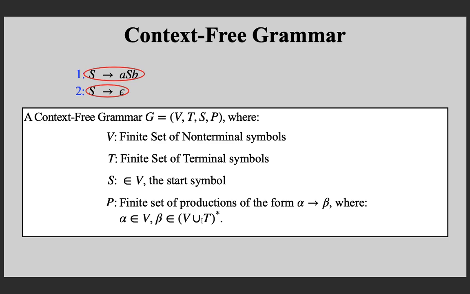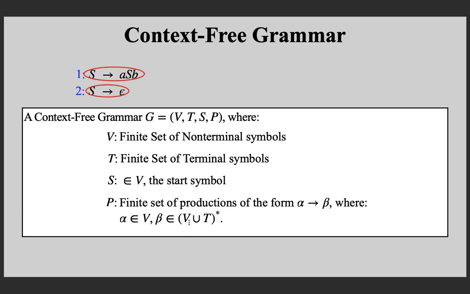But here we have flexibility. The RHS can be any string of variables and non-terminals, variables and terminals. Variables are called non-terminals. So it can be any string of variables or terminal symbols. And that is the flexibility which enables us to have context-free grammar for languages which are non-regular, because regular grammar